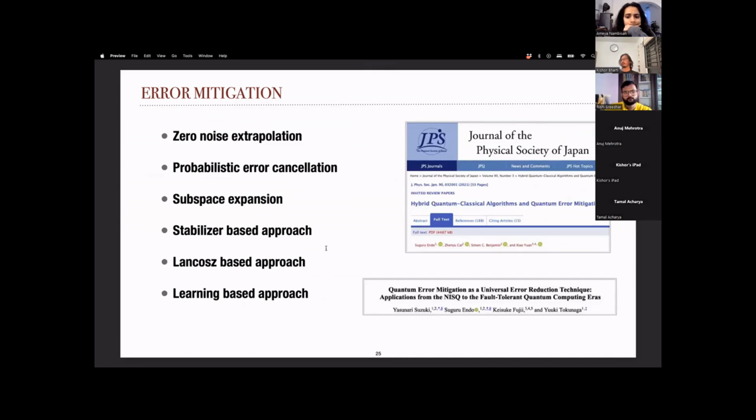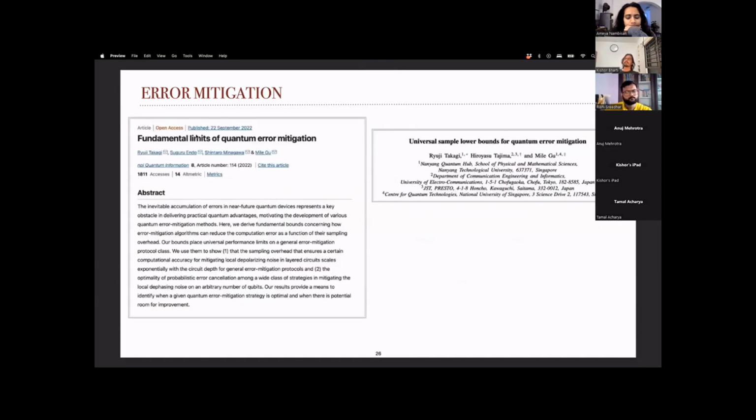It's all good and nice, and the relation between quantum error mitigation and fault-tolerant quantum computation has also been explored. So, very nice paper. But the issue, as I mentioned, is with respect to the sampling cost. So you need exponentially many samples. And that is something, I would say, challenging. So coming up with a protocol which may require fewer samples, and can help tackle the noise in the NISQ era.